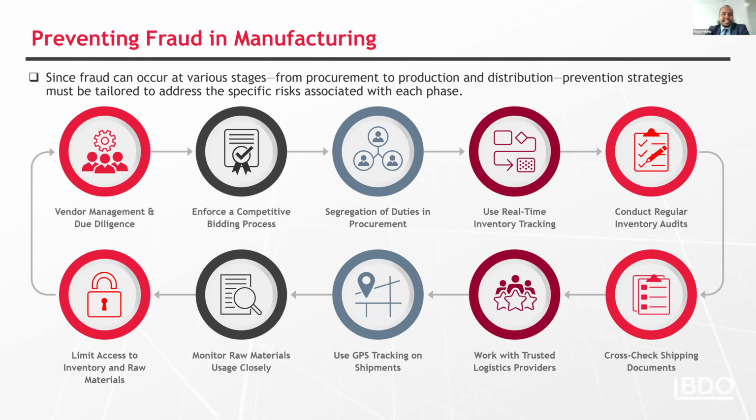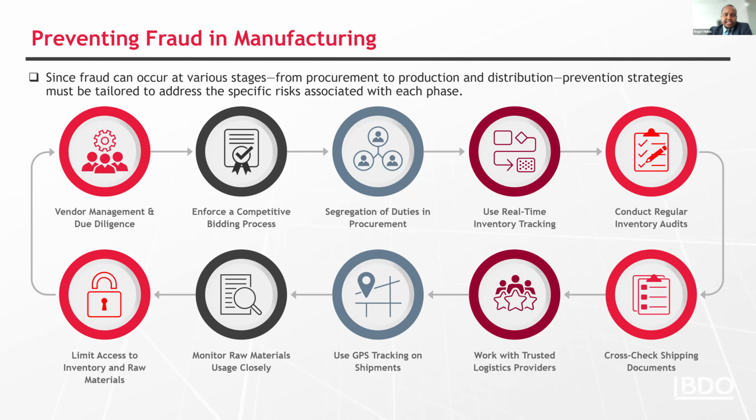So starting with preventing procurement fraud. As we've seen, procurement fraud can easily occur, specifically when there's a lack of transparency or oversight in the purchasing process. So some of the ways to minimize the risk include vendor management and due diligence. First off, it's essential to conduct background checks on your vendors before you sign any contracts. This means that you verify their qualifications, look at their track record, and ensure that they're financially stable. You need to make sure that you're working with a reputable supplier to avoid exposure to fraudulent practices like kickbacks and inflated pricing and so on.